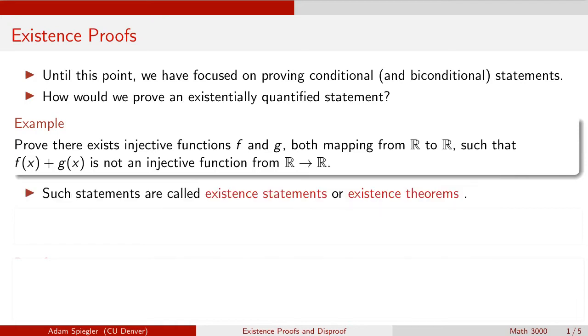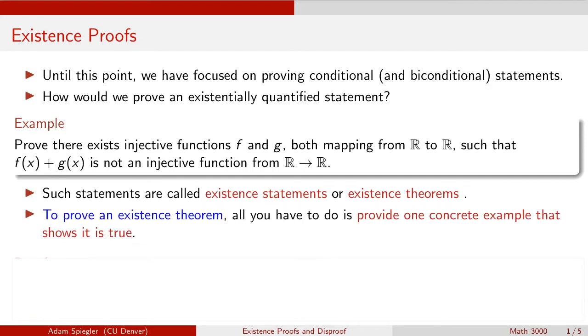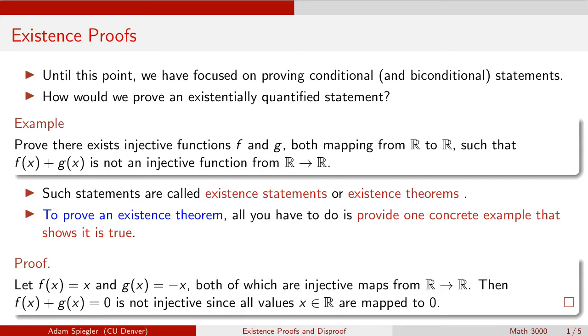Well, first of all, this is what is called an existence statement, or if the result is more significant, we would call this an existence theorem. And to prove such a statement or theorem, all we have to do is provide one concrete example that shows that it is true. And so a proof of this example is given below, where we now have produced a concrete example, namely we set f of x equal to x, g of x equal to minus x,